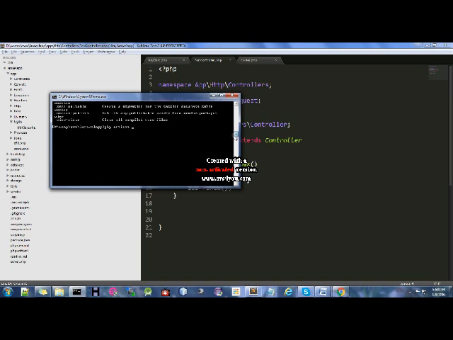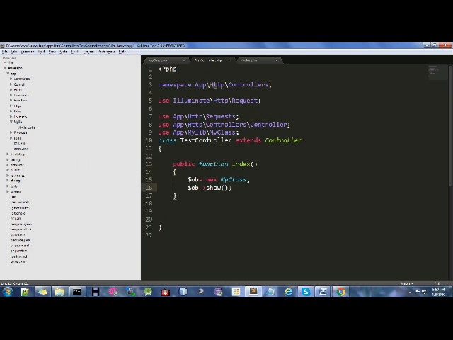So let me create the service provider by typing php artisan make:provider, and the name of my service provider, MyLibServiceProvider. Created successfully.